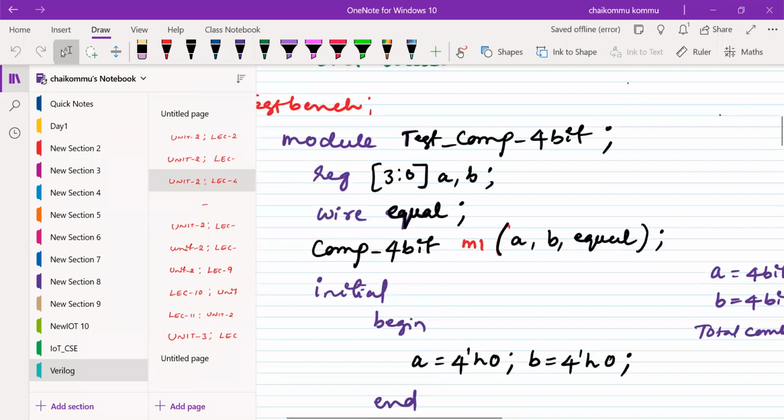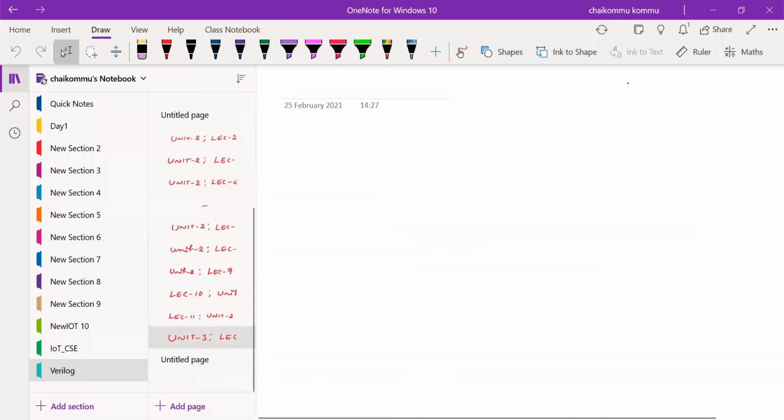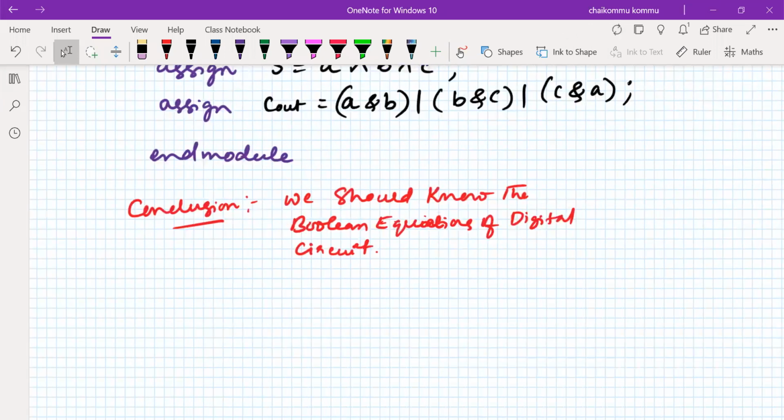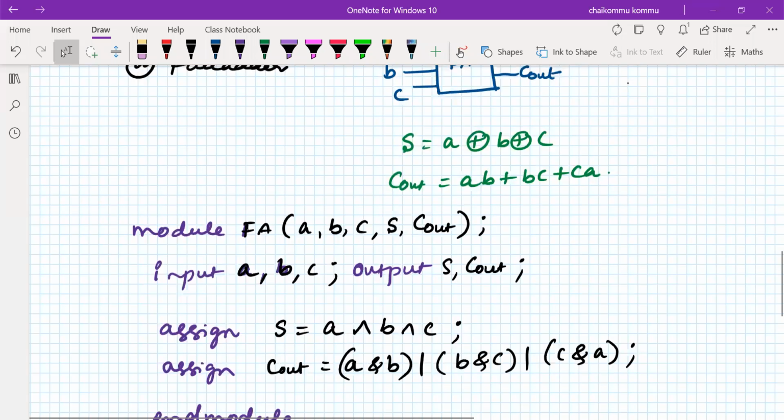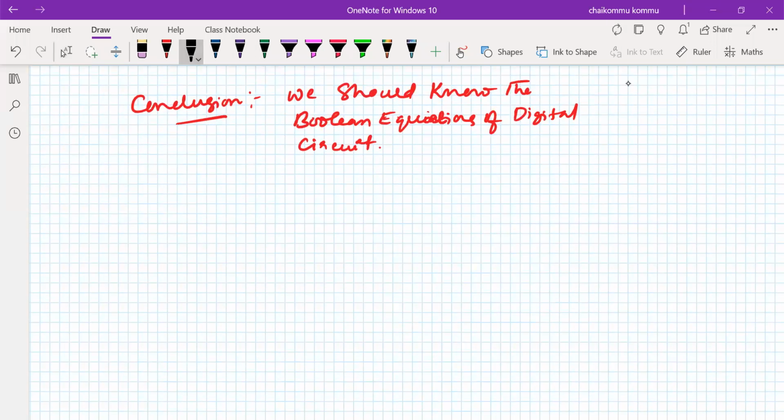Okay, so we'll take some other example. It's a time waste to take all those things, so let us consider another example. What example do we want to write? What's your interest? We have seen so many things: adder, decoder, multiplexer, encoder, and comparator. Tri-state mux, you want to write? Okay, so let us take the tri-stated mux.